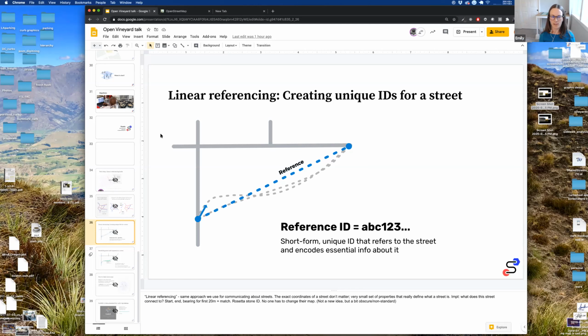And so the linear referencing model that we use will take those pieces of information and assign an ID, which is a 128-bit hash. It's a series of letters and numbers that look random and are unique, but actually do encode the geographic properties. You can take any street that is similar enough and it will be matched to that same ID. So nobody needs to change. They can all just take what they've got and then add this ID as an extra property that will be able to link between maps. So we can take curb segments from one city, attach this identifier to it, and then somebody with a different map would be able to do the same thing.